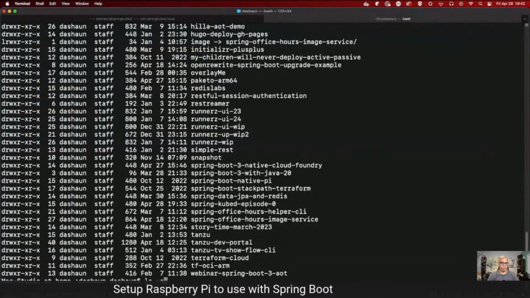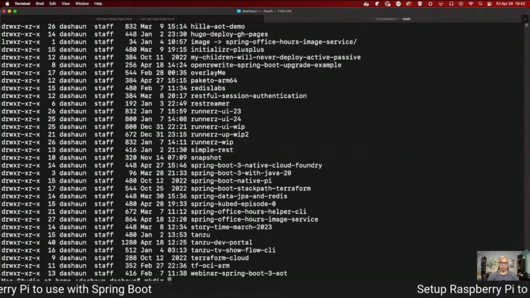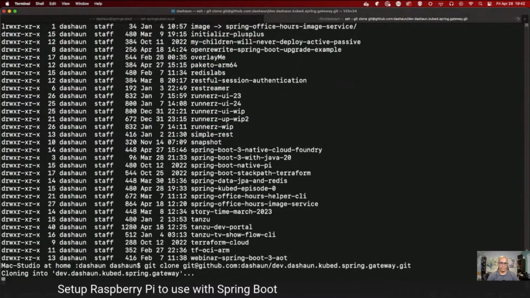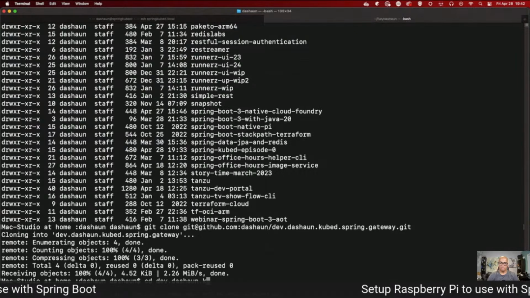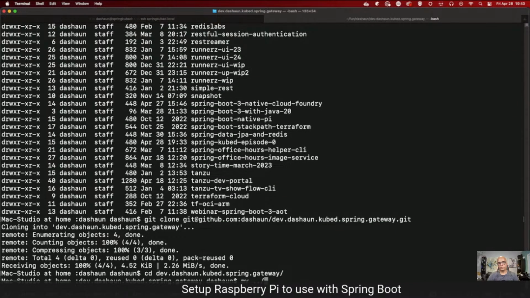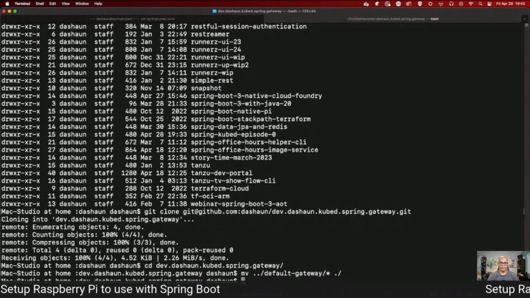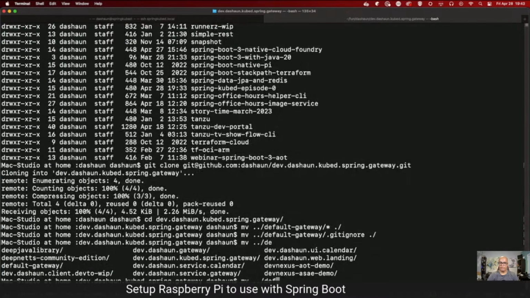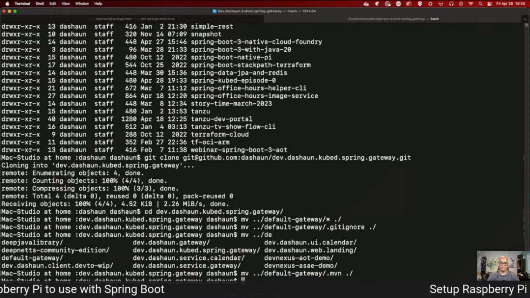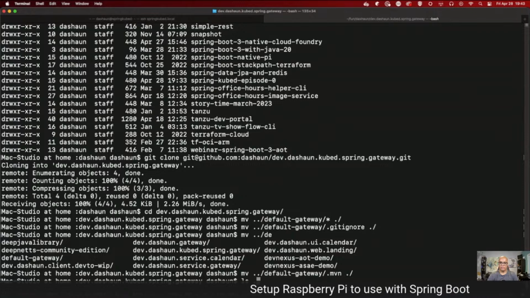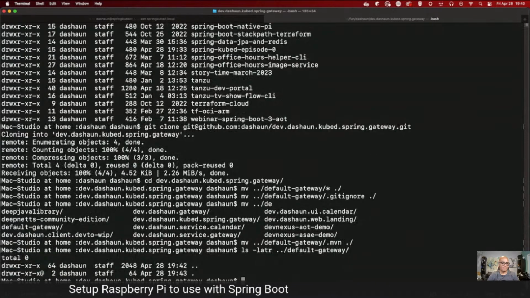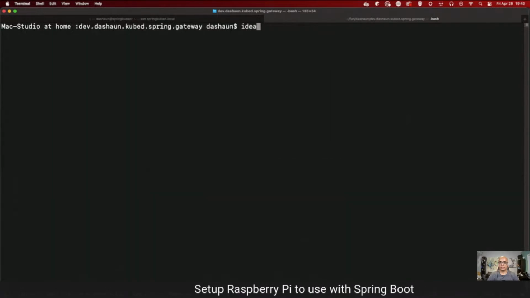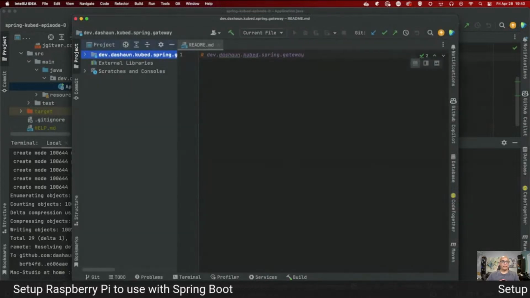boop boop, and I'm going to git clone that guy and go into there, and then I want to move default gateway star into here. Move default gateway .gitignore into here, and the .mvn into here. ls default gateway to make sure. Okay, there's nothing left. So all right. Now let's open up this guy. So now I've got a little gateway project,